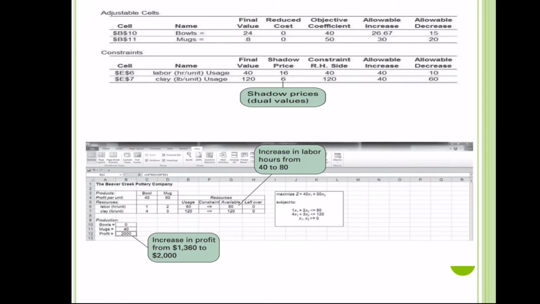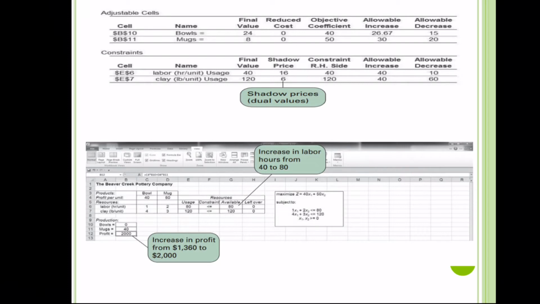If the manager of the pottery company can secure more labor at $16 per hour, how much more can be obtained before the optimal solution mix will change and the current shadow price is no longer valid? The answer is at the upper limit of the sensitivity range for the labor constraint value. A maximum of 80 hours of labor can be used before the optimal solution mix changes. Thus, the manager can secure 40 more hours, the allowable increase shown in the Excel sensitivity output for the labor